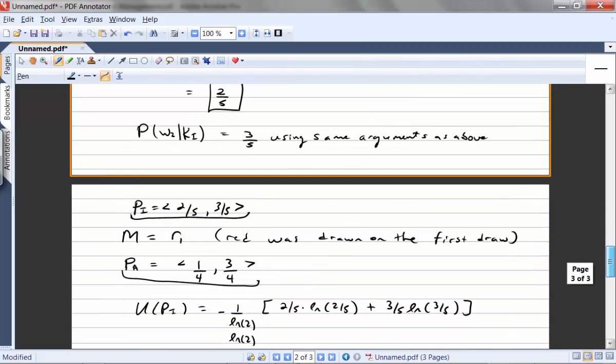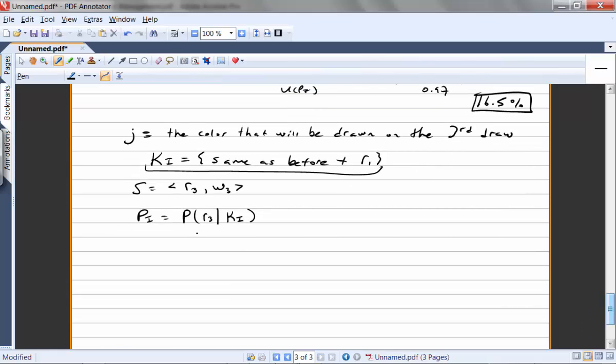If you do this again, you're going to find that the probability that red will be drawn on the third draw, given our initial knowledge, and our initial knowledge is the same as it was before, plus we know what was drawn on the first draw, is equal to the probability that red will be drawn on the second draw. It's the same thing, using the same logic as before. And the probability that red will be drawn on the second draw, well, there's 4 balls left. 1 of them is red, 3 of them are white. We know a red was drawn on the first draw. So 1/4,